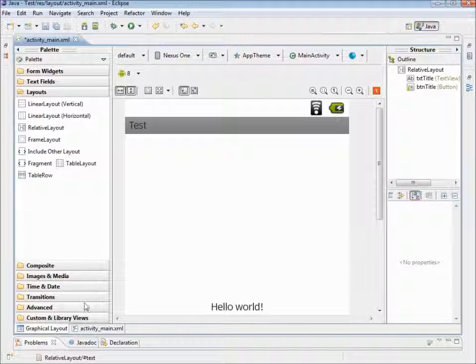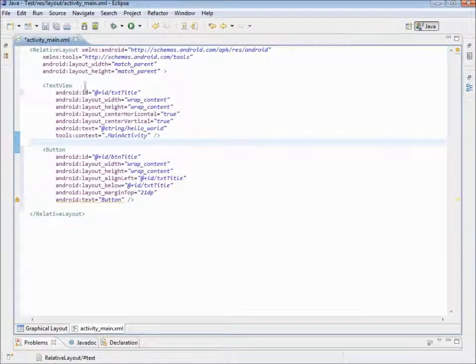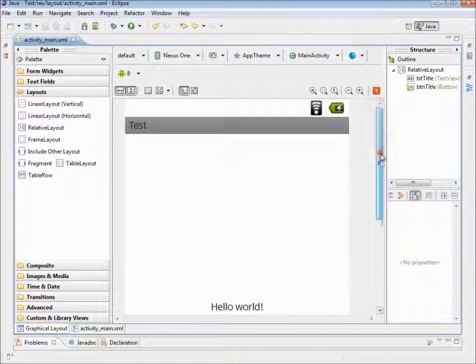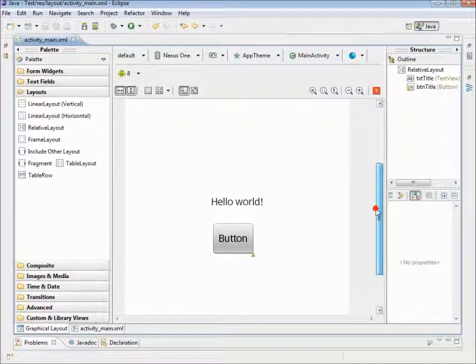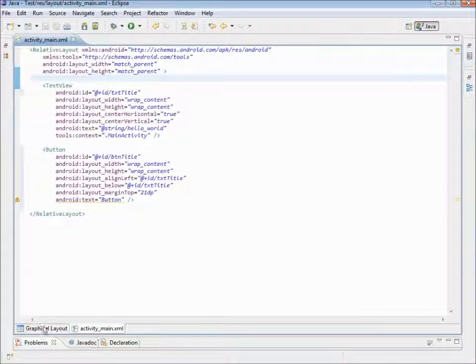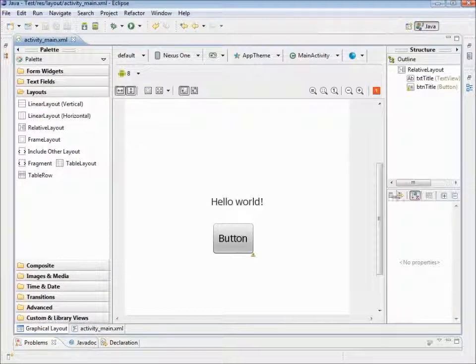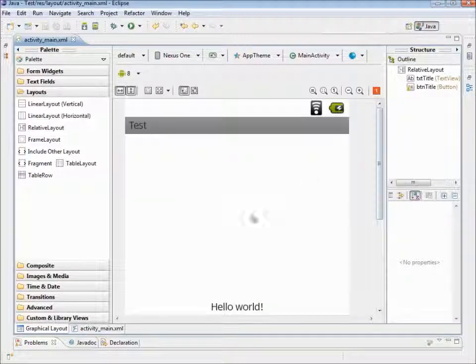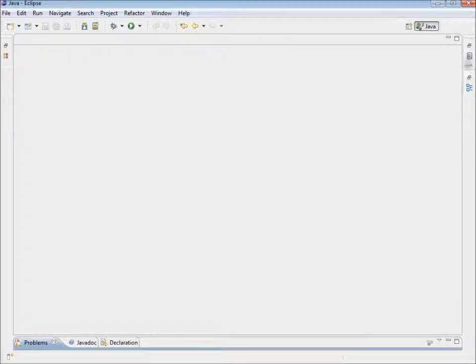So I've had the most experience with linear layout. For this demo, relative layout works fine because it's more prone to this drag and drop kind of interface, so it's probably a little bit easier to use. And if you're not that picky about your interface, then that's fine. I happen to be real picky about how my layouts are put in, so we'll just leave it. So for now, we're going to go ahead and close this file, and we're going to go back to